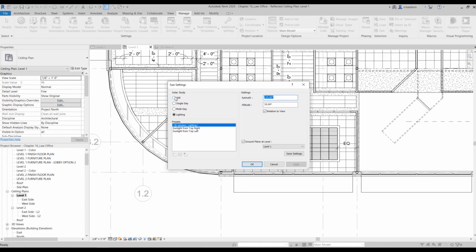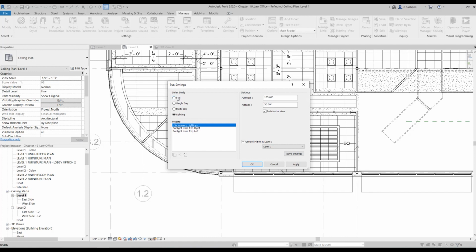So you can just choose still, or if you want to pick a single day, you can just set it over here, or you can just tell Revit which direction your sun wants to come through your building. Okay, so I want sunlight from top right to come into the building or from top left.